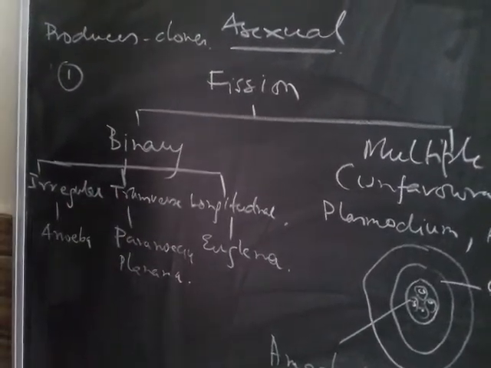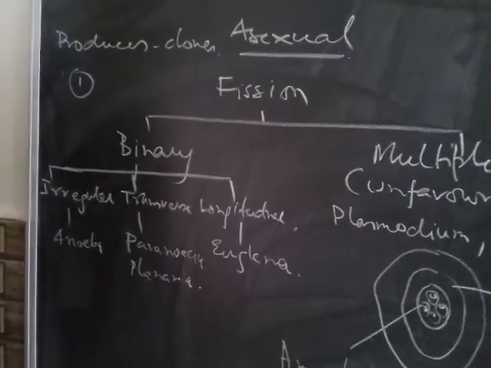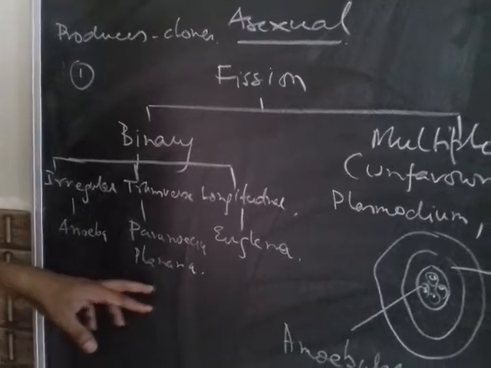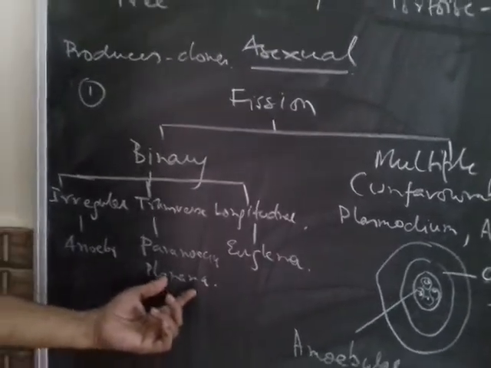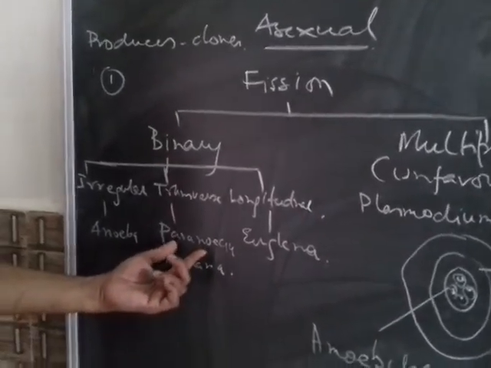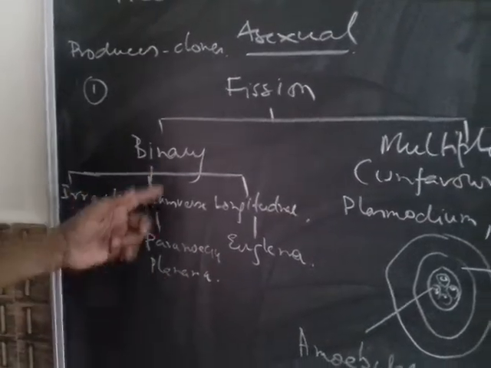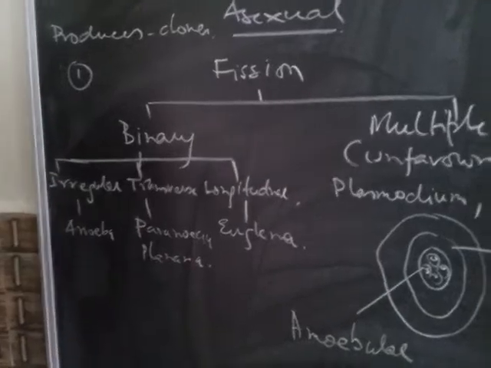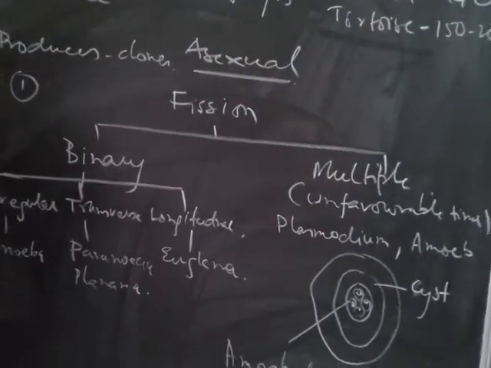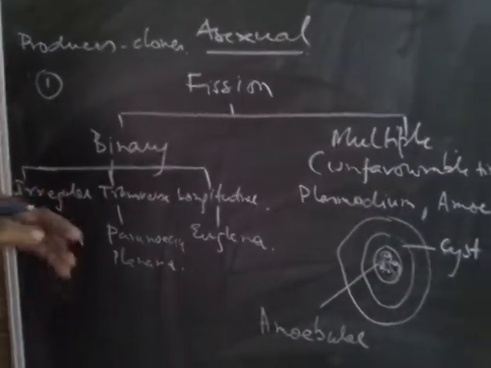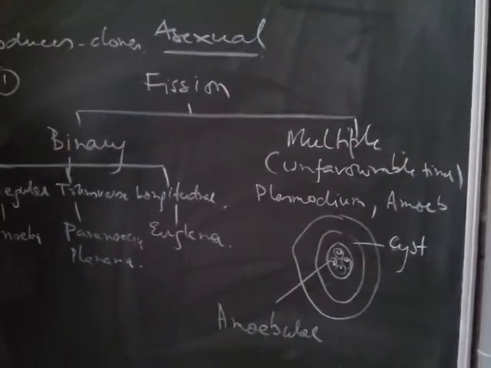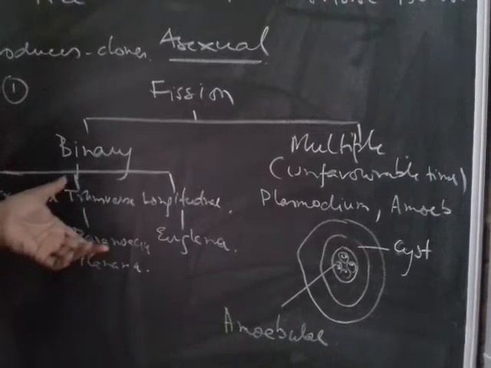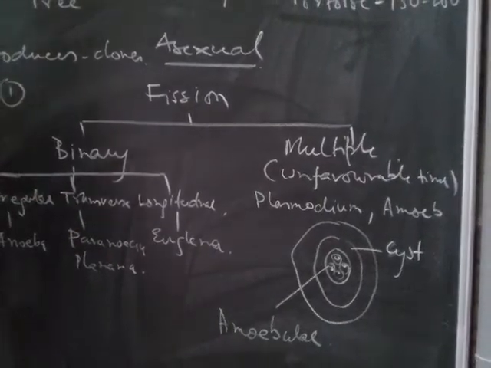In transverse fission they divide along the horizontal axis. Like in Paramecium and Planaria, which is a Platyhelminth, and Paramecium, you know, that's a protozoan. They divide transversely to form new individuals. Like in Paramecium, there are two nuclei, the macronucleus and the micronucleus. So the macronucleus divides, and then the micronucleus also divides. Then the cytoplasm separates into two units. That is called transverse